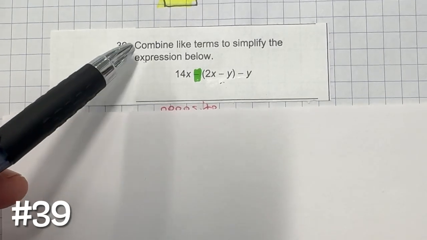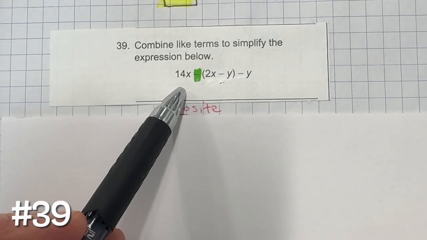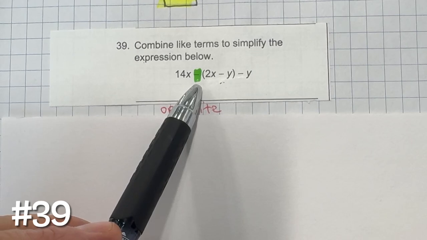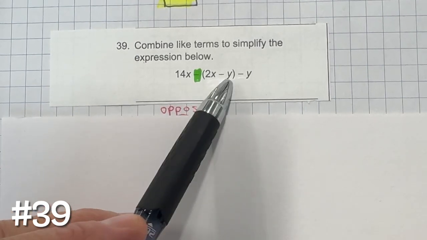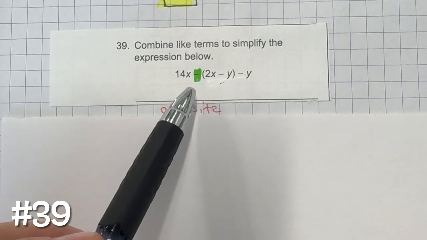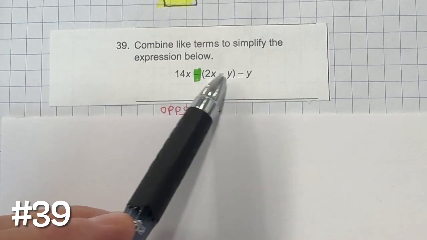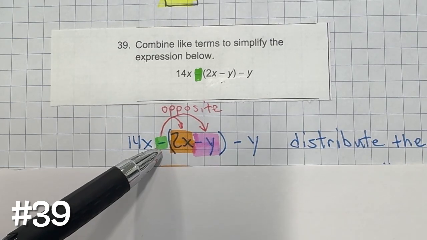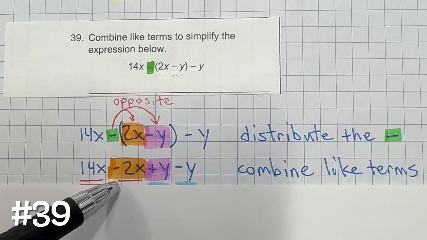Number 39, combine like terms to simplify the expression below. So here we have to simplify this expression first by, we follow order of operations. There's nothing to simplify in here because these are not like terms in the grouping symbols, the parentheses. But here I have multiplication, and I'm going to distribute this negative to both of these terms. Now I could say this is multiplying by a -1, or I can say the opposite. What is the opposite of -2x? Which would be,